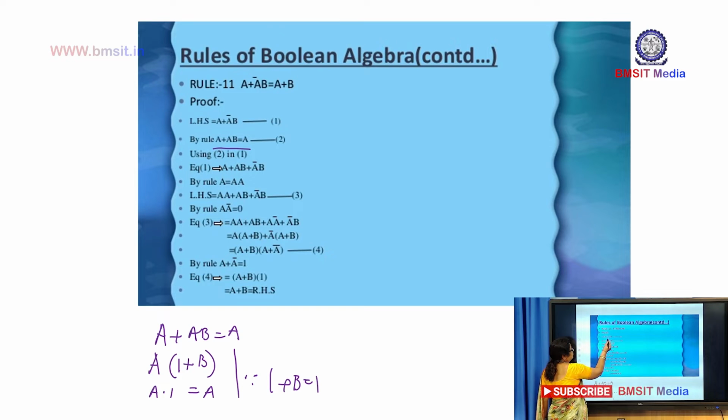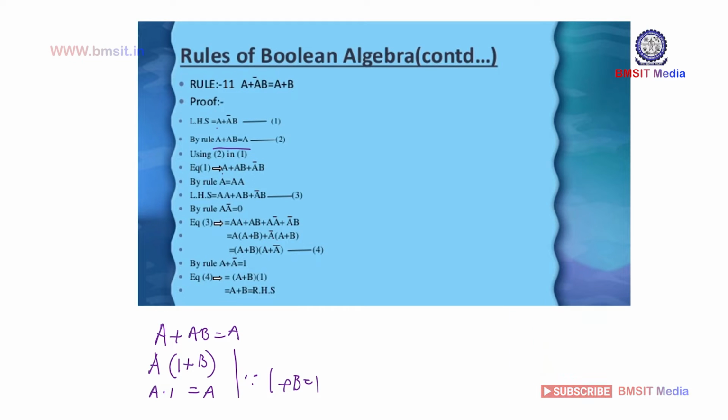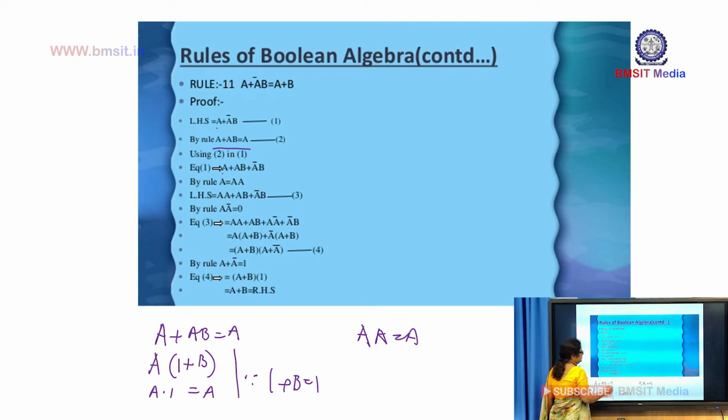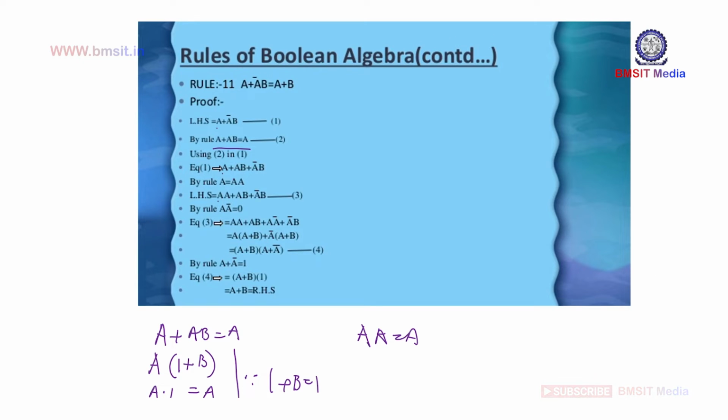So, what we are doing? We are replacing a with this expression. So, the given expression or LHS side has become a plus ab plus a bar b. Next, I am replacing this a with a into a. So, just now I have shown you how this a into a is equal to a. Okay. So, I have put a for a. So, the expression now became a plus ab plus a bar b.